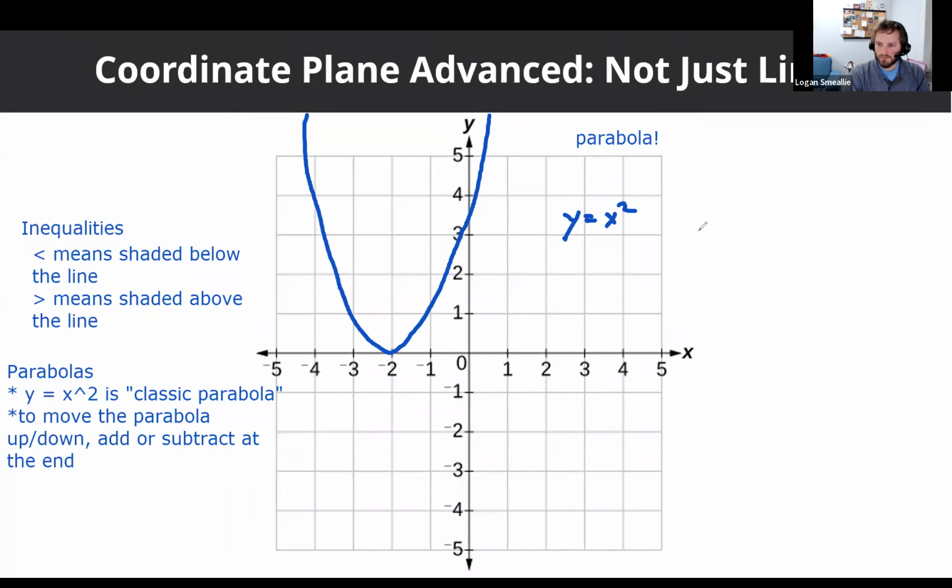Let me do some scratch work over here. Y minus 2 equals x squared, but that's not going to be it, because look what happens if we just move the 2 to the other side. We would get the same thing as before, right? And we know that adding at the end, that's just going to move it up. So this part is less intuitive than moving it up and down.